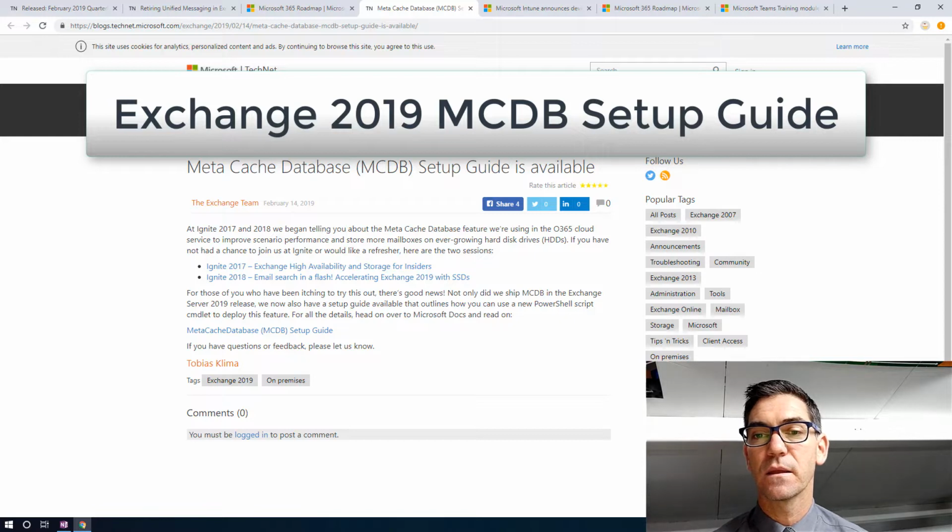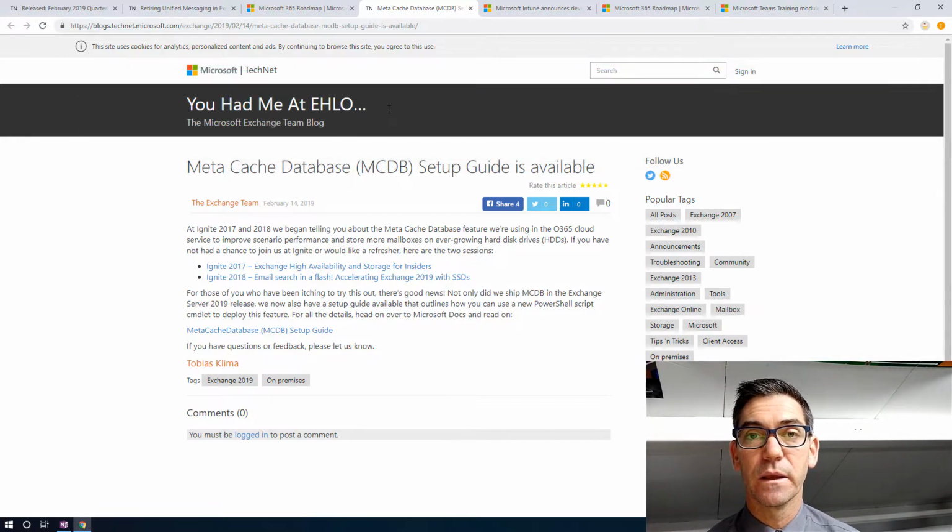In 2018, they spoke about how the MCDB would be available in Exchange 2019, and it is. And now this article is directing you to a setup guide to set up the Mattchatt database, or the MCDB. Now, the MCDB is a